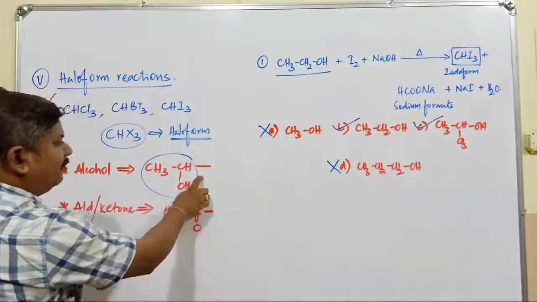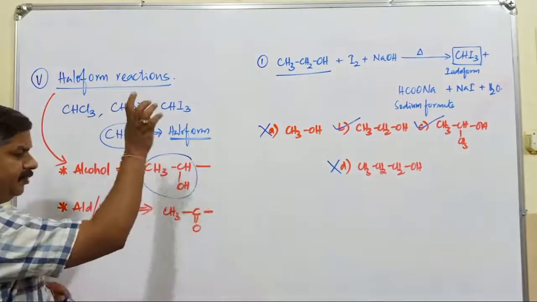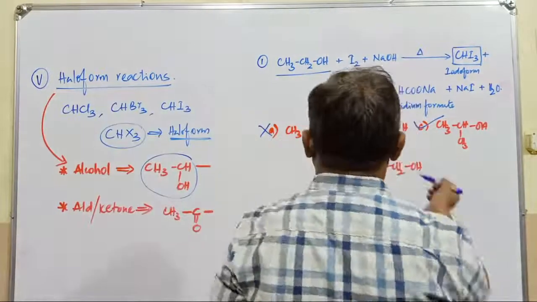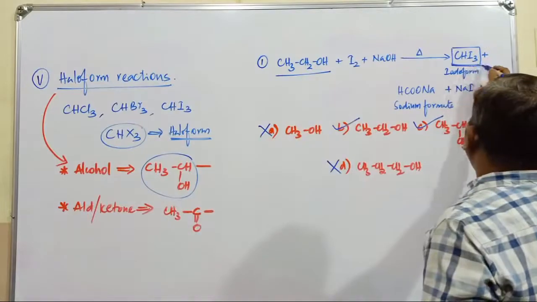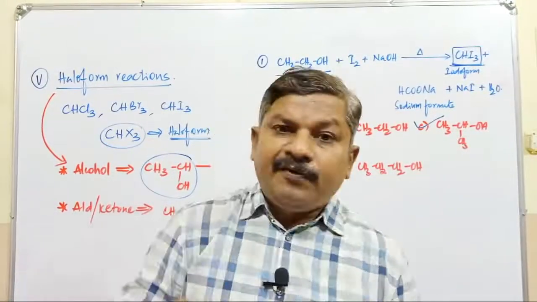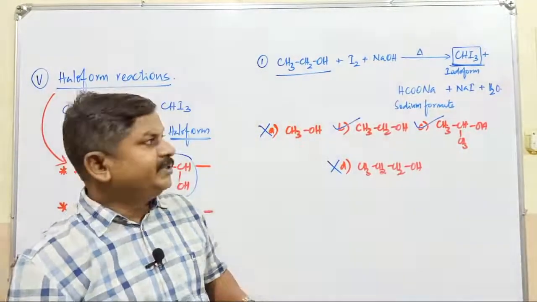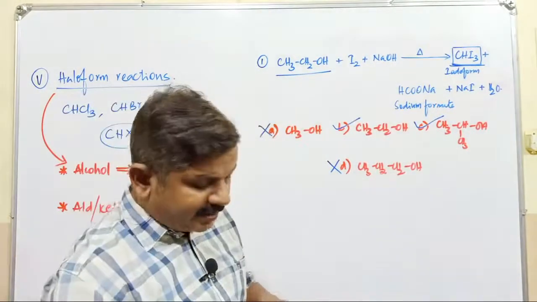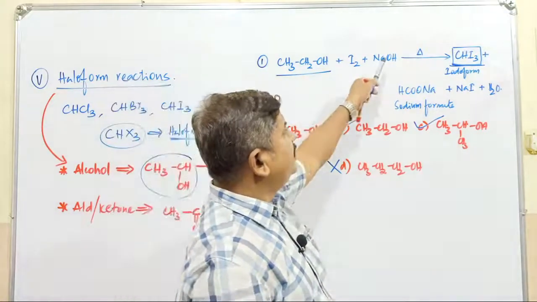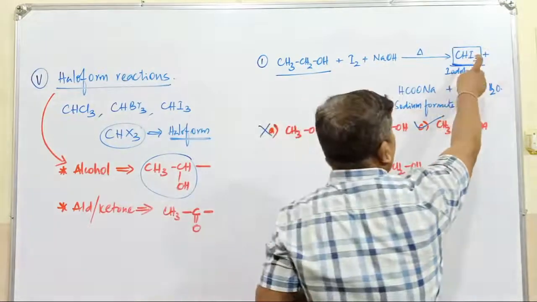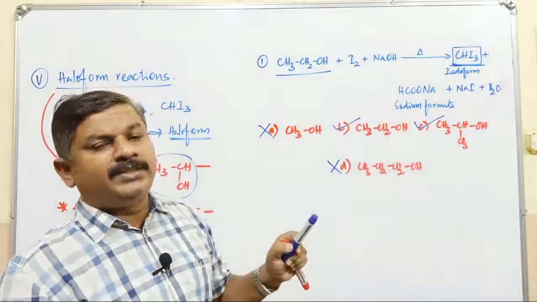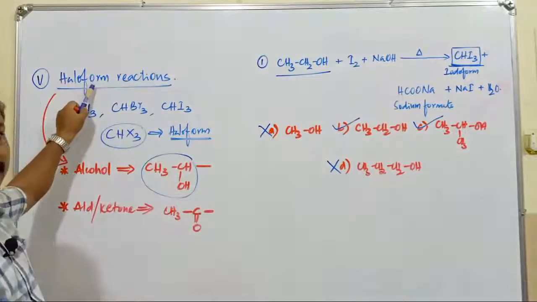Only wherever the compound contains such a type of group can it answer the iodoform test. In all the iodoform tests, you can balance this reaction later on. So the main compound is going to be what? CHI3. Usually a question will be there: which of the following compounds answers the iodoform test? Which of the following compounds does not answer the iodoform test? Which of the following compounds gives a yellow precipitate with iodine and sodium hydroxide? The yellow precipitate is because of what? The CHI3 compound, that is nothing but the iodoform reaction, or in general it is called as what?